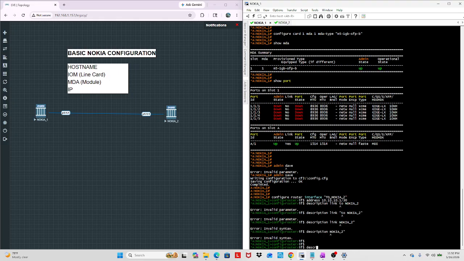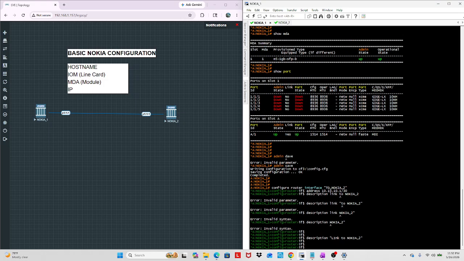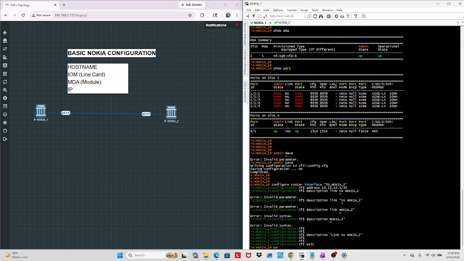Oh, yes, sorry. Description, Nokia. Description, link to Nokia 2. Okay, yeah. So I have my description. So exit, and then bring the port up, configure port 111,